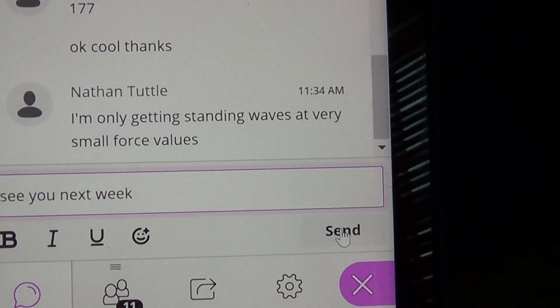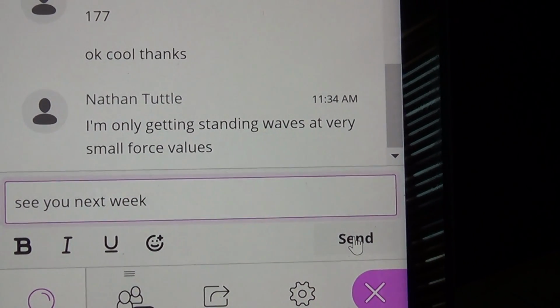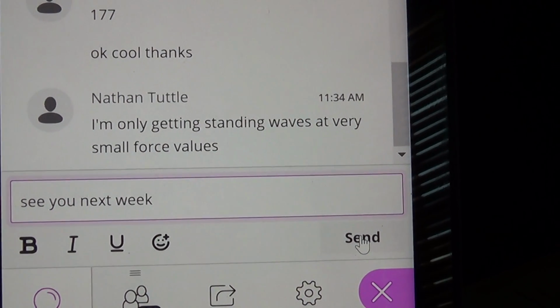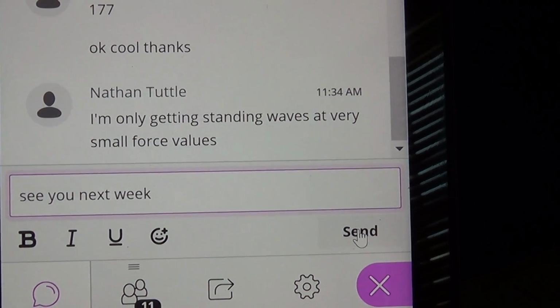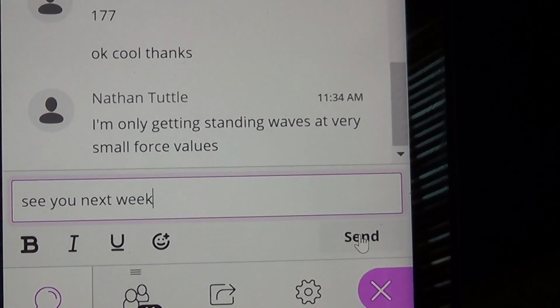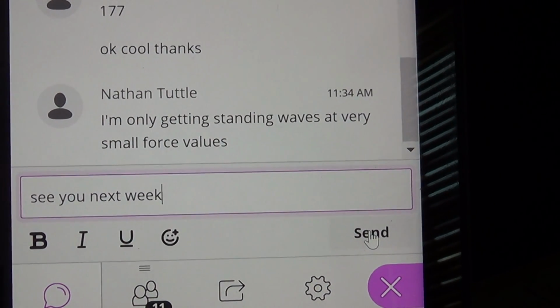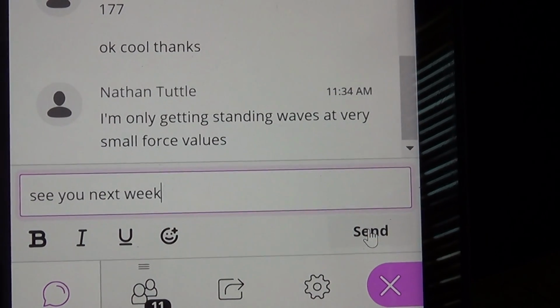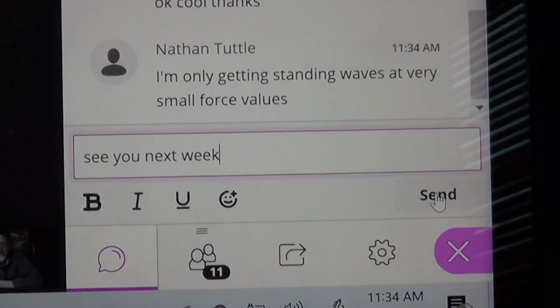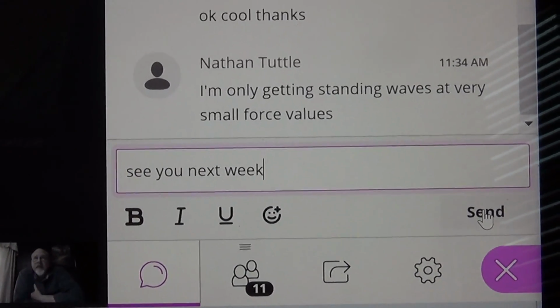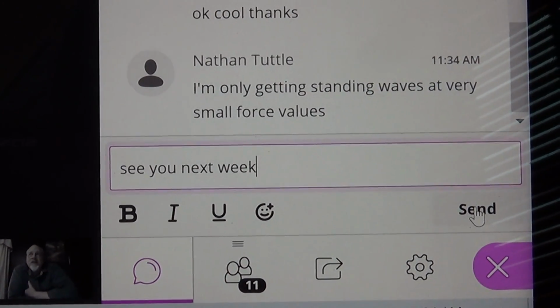So Nathan, you're only getting standing waves at very small force values. That shouldn't be that. You should get the standing waves from like 1 Newton of force all the way up to maybe 8 Newtons of force, because some of you are getting 8 Newtons of force. So it's definitely over 1 Newton of force, Nathan. It might be, because I had one of my TAs do this, it might be that you are not,